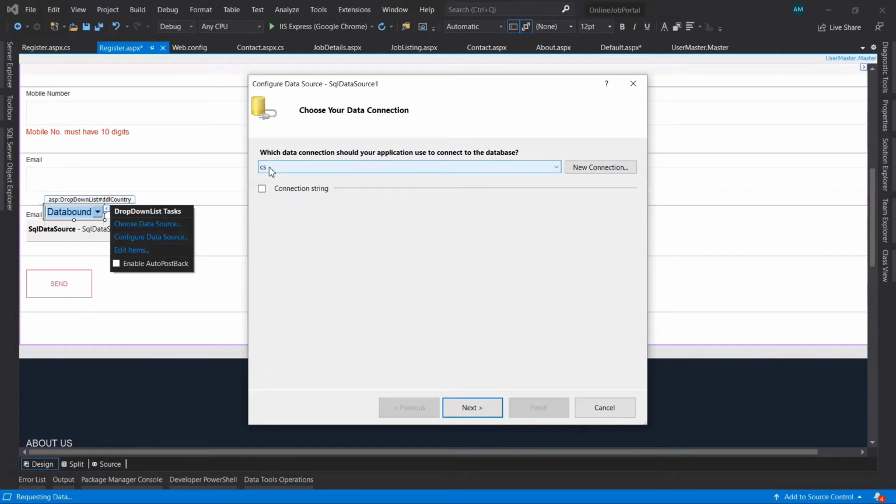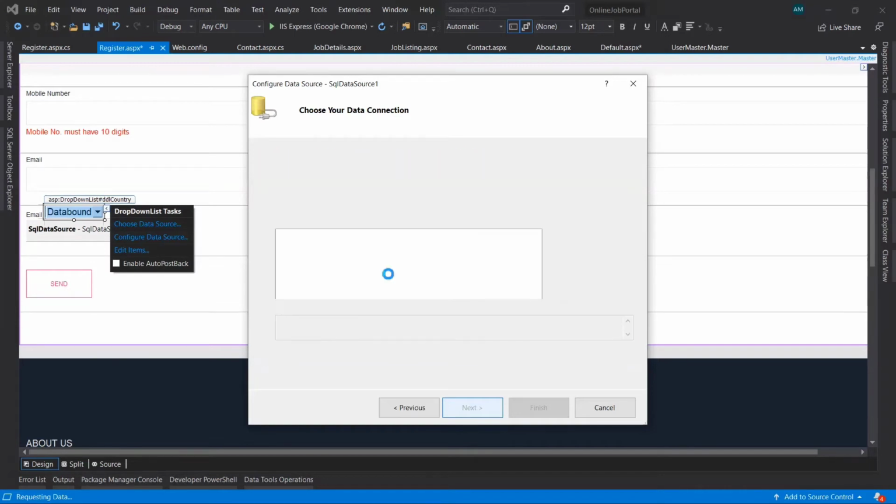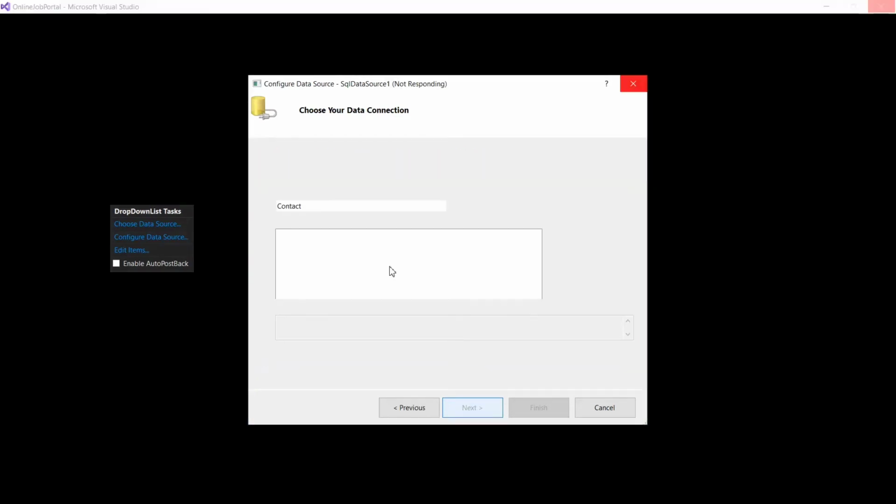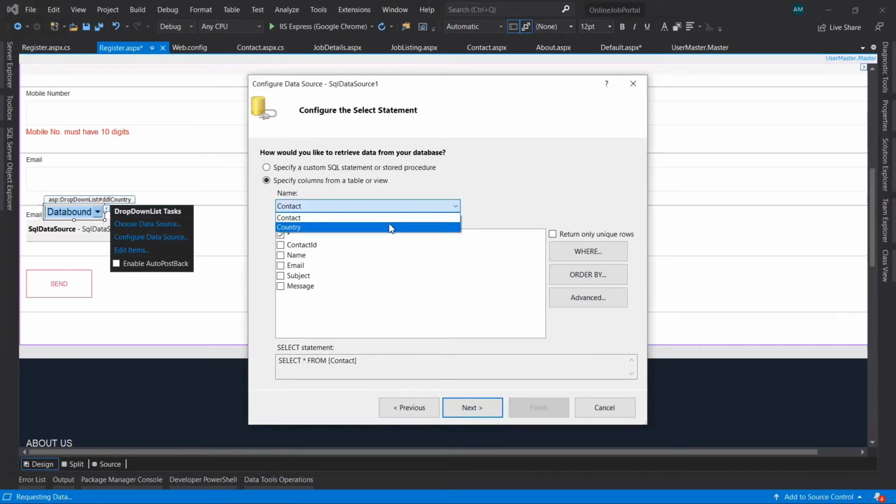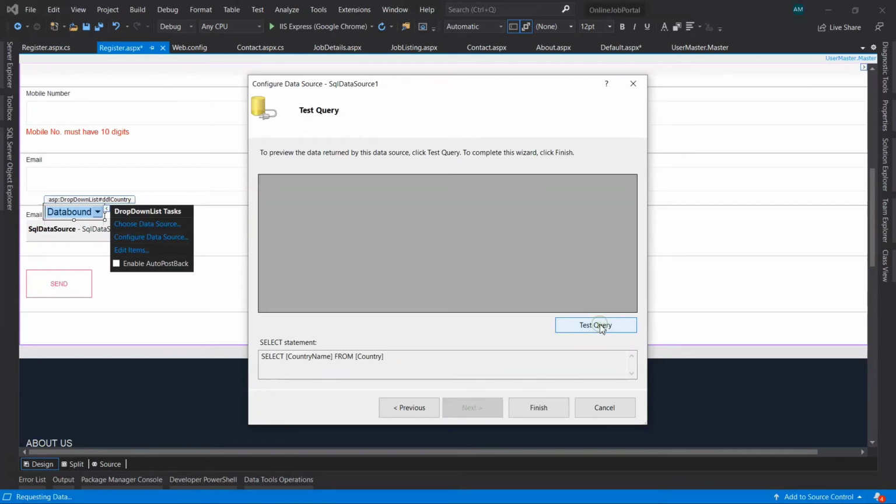Now we can check the value for this connection string: data source, initial catalog, and integrated security. Next, select the table name, that is country. We want only the country name here, so we'll select country name. Next, test query whether it's running properly. Yes, we are getting output here. Finish.